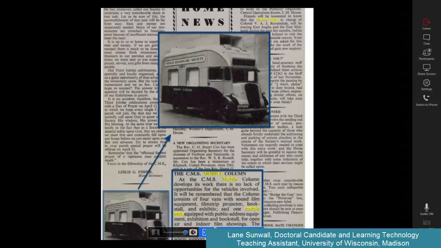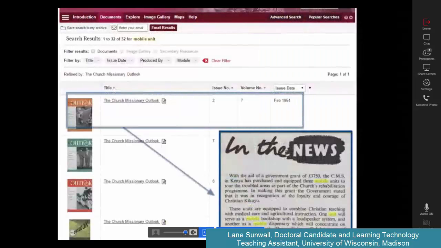So again, this is giving me a little bit more details, a little more information about what's going on and how they're using it, and gives me a really great picture of it as well. So I wanted to see how this continued. And so I went to 1954, and I see that now they seem to be using this mobile unit more